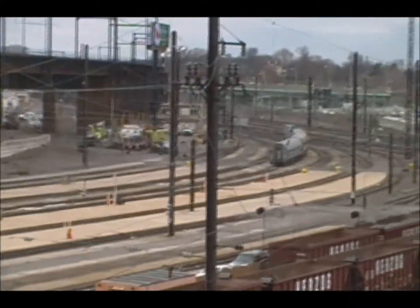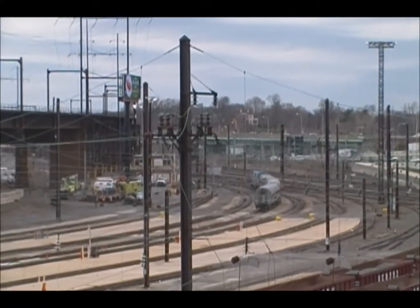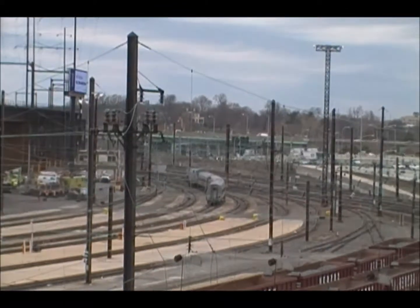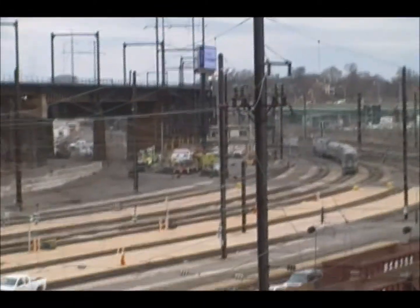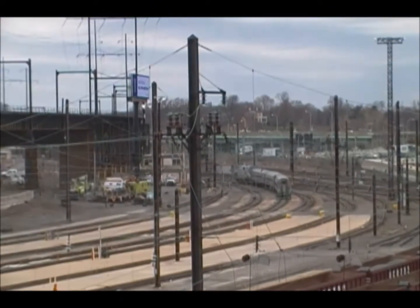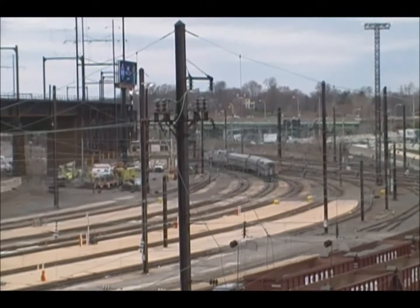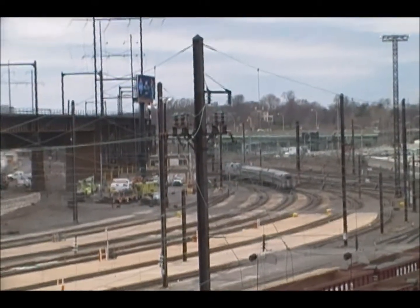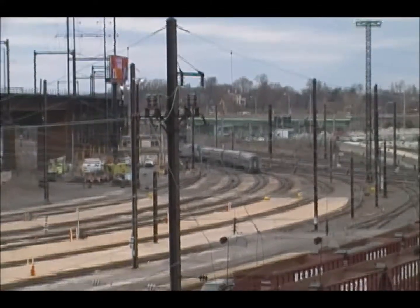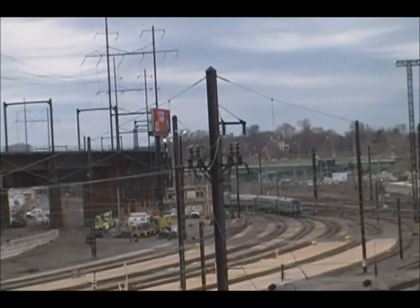But the Keystone train that we just saw earlier was Keystone Train 647, which is running late. There was a derailment earlier today in New York this morning where the 731 train out of Trenton to New York on the Northeast Corridor derailed switching into one of the tracks there. And of course it caused a whole headache of problems, so they decided to stop service. It's delayed Amtrak, and because of that, most of the trains from earlier today that we were supposed to see got delayed, so